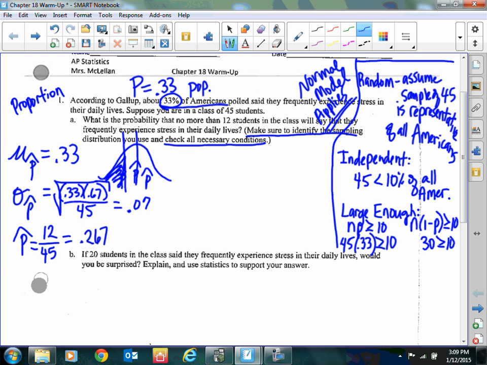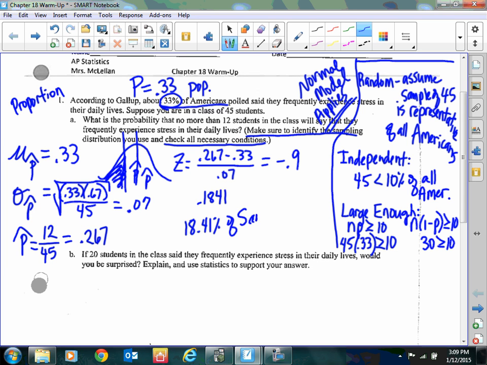So that or less is what you are trying to find, the proportions that you are trying to find. So you get a z-score with that proportion minus the mean proportion over the standard deviation. That is a z-score of negative 0.9. And when you norm CDF from negative infinity to negative 0.9, you get 0.1841. So that would mean 18.41%